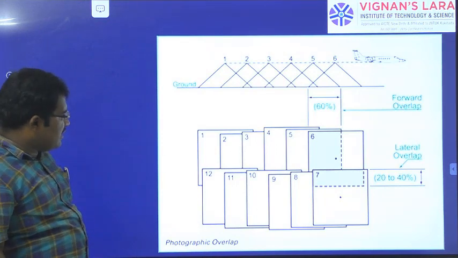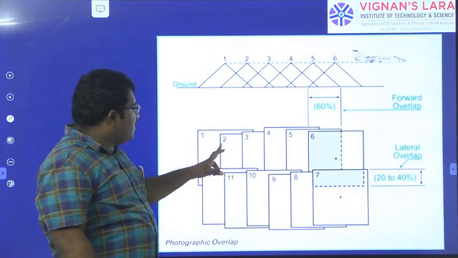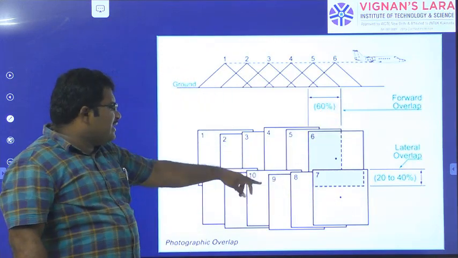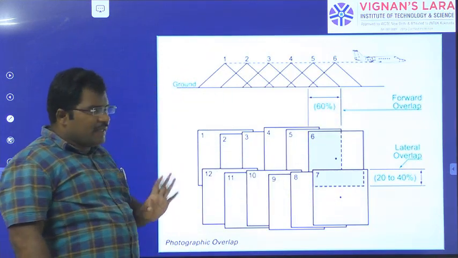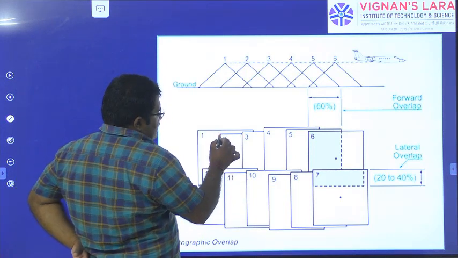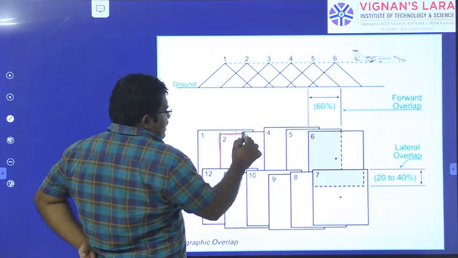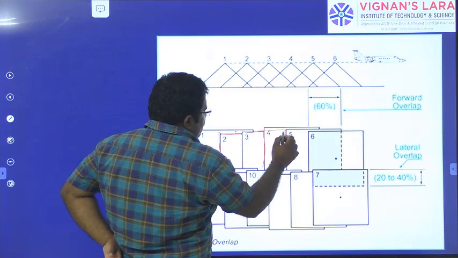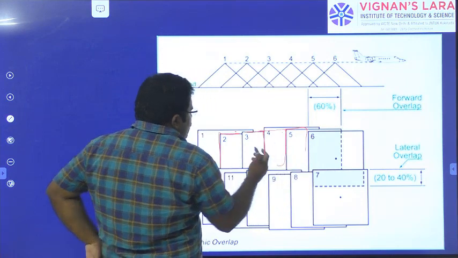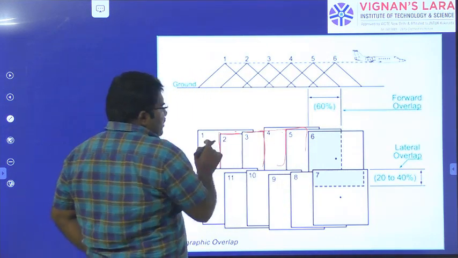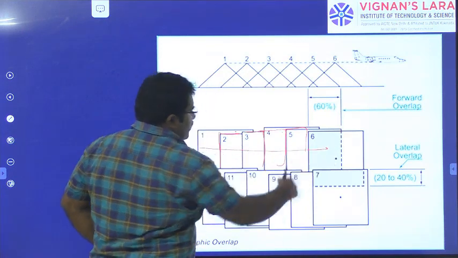So now we can see the first photograph 1, 2, 3, 4, 5, 6 is taken in one line. Then the flight comes back and takes 7, 8, 9, 10, 11, 12. The first photograph of some area overlaps with the second, and should be there in the third, some part will be there in the fourth, some part in the fifth, so that while arranging the photos you can have this overlap and get the exact position.